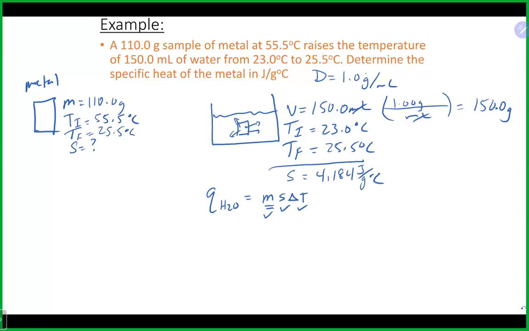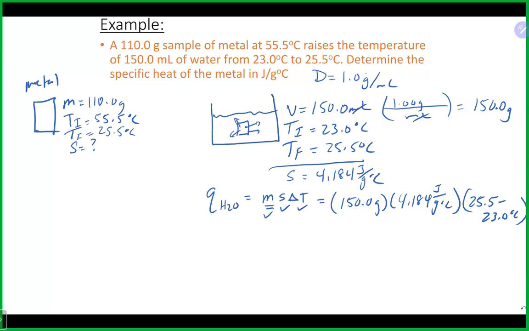Now that we have that converted into grams, we really have everything we need to figure out, in this particular case, how much energy the water is going to absorb from that metal. So if we pop our numbers in there, 150 grams, our 4.184 joules per gram per degree Celsius. Once again, here we do want to go final temperature, which is 25.5 minus initial 23 degrees Celsius. And if we do that calculation there,